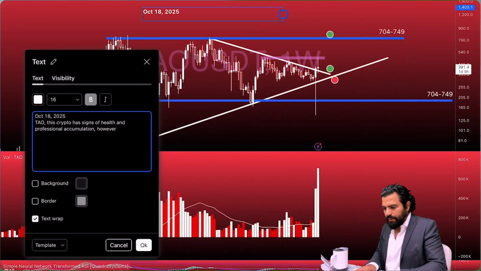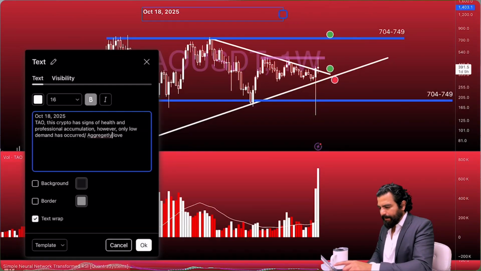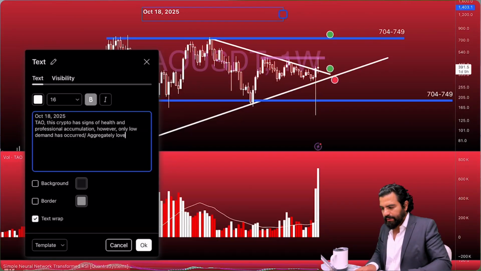However, only low demand has occurred, aggregately low, which means overall low, at 704 to 749. Blue line. This means, oh yes,